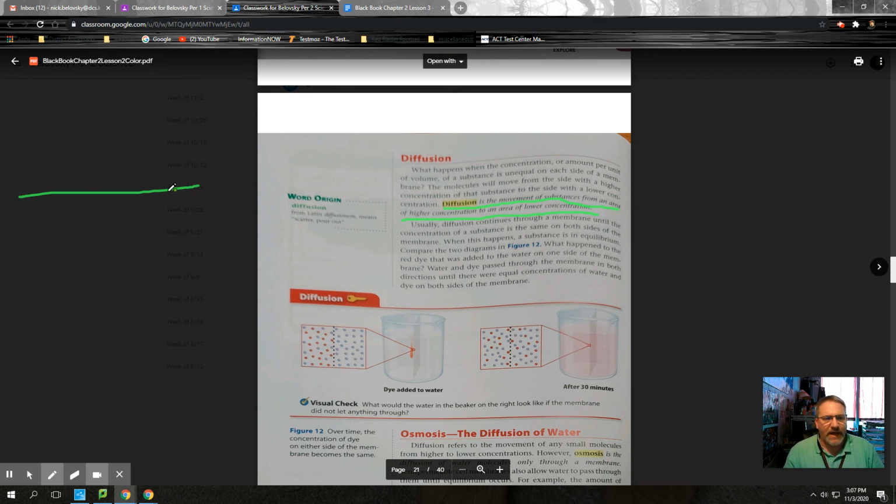So if I draw a line right here, and if I've got a bunch of something over here, I'm just drawing a bunch of green dots in here, okay? Now, if these things, whatever these green dots may be, start making their way from here over to this side,